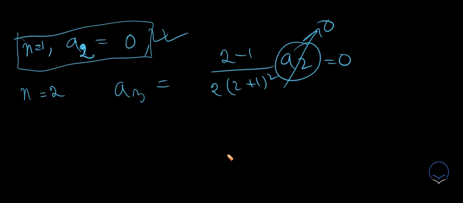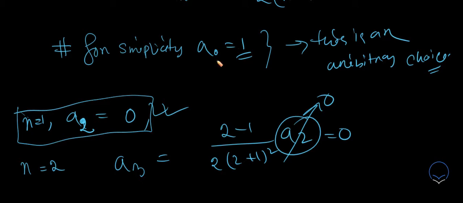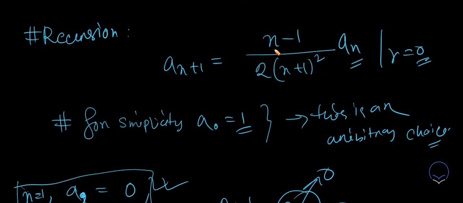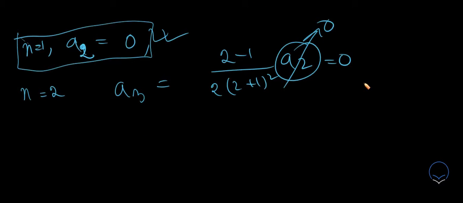So this yields a very simple solution, and obviously it doesn't have to do anything with a0 equals 1. It's because of the nature of the numerator, that it has n minus 1, and the recursion that gives us a of n plus 1 equals some number times a of n. So since all the terms are getting 0, we will end up